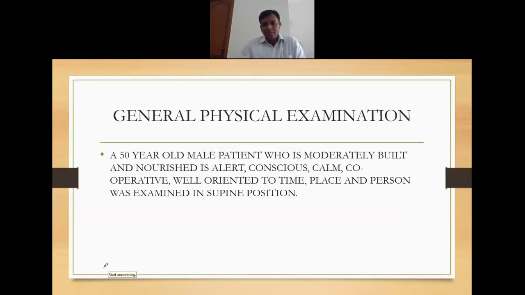For age determination, you would have read in forensic medicine how many parameters are there, and at last you will guess his age. That's all, is it not? You will see so many factors, ossification centers and all, then you will guess the age. So here, what is the importance? You will tell what age category he belongs to. 50 years is middle-aged, then elderly. So here you will tell a middle-aged male patient.